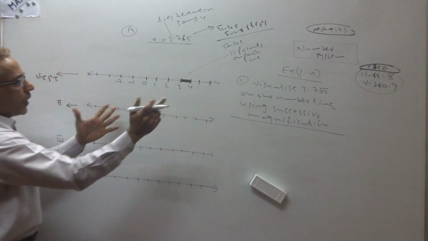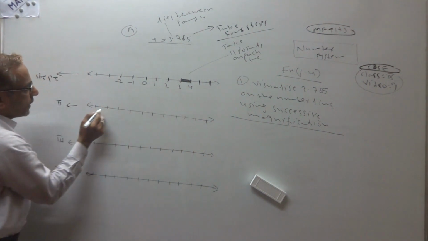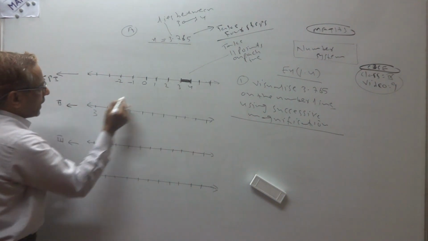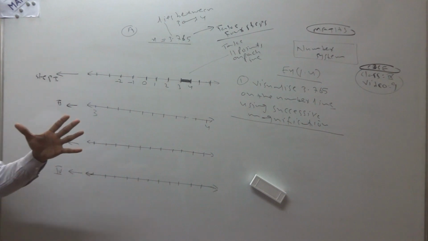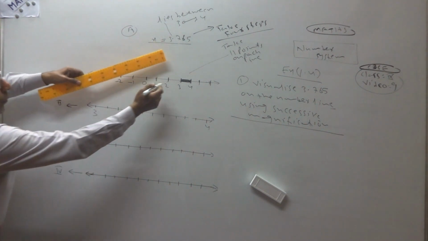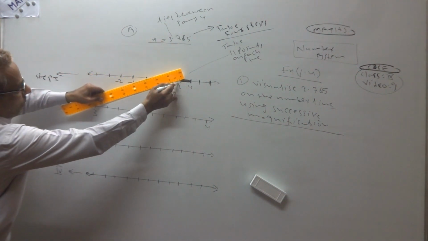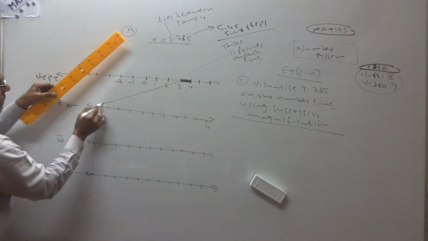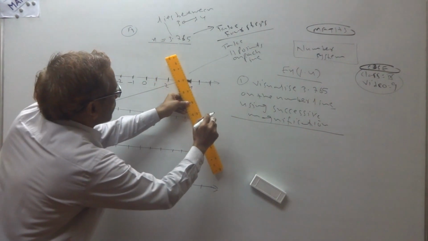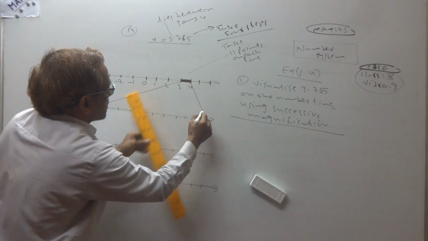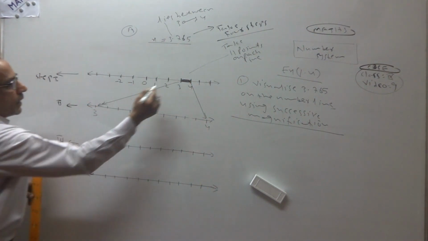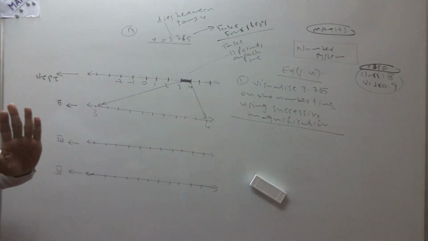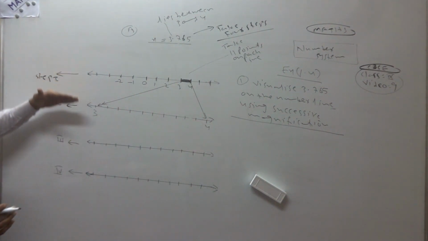Finished? Now take 3 here and take 4 here. You can mark also like this: here you write 3, here you write 4. Got it? Second, you see the steps.